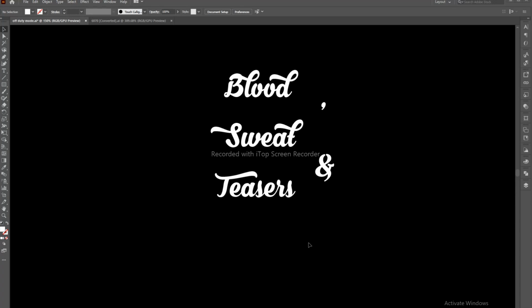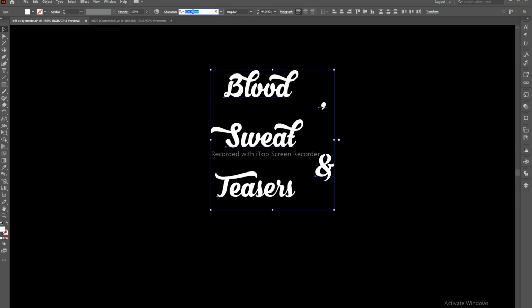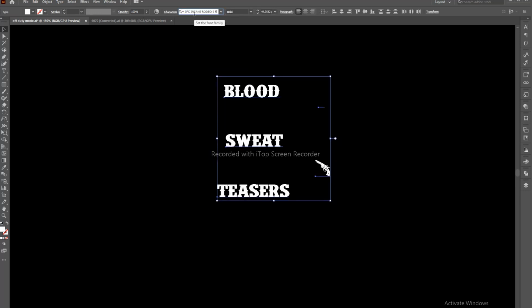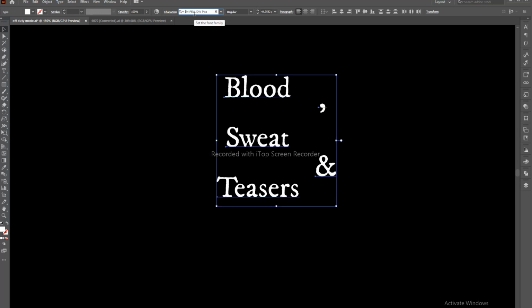Choosing the right font for a blood text effect in Illustrator is crucial for achieving the desired aesthetic. Opt for a bold and eerie font that evokes a sense of horror or bloodiness. Some suitable fonts include